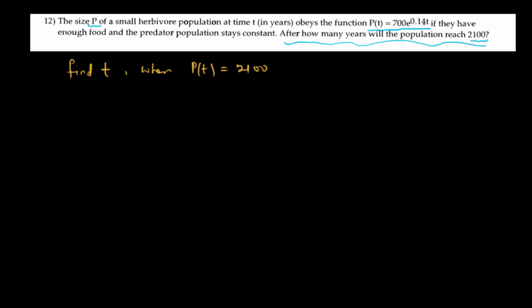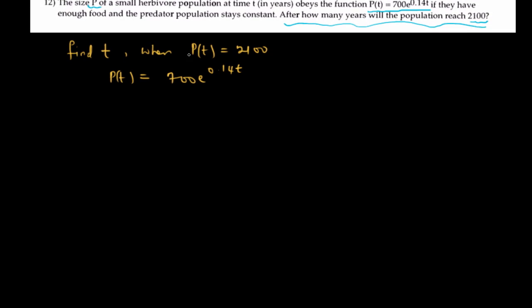Now the model you're given is P of t equals 700 e to the power 0.14 t. This is the model that we're given. So all we need to do is find t when P of t is 2100. So we make the substitution here. When P of t is 2100, you're going to have 2100 equals 700 e to the power